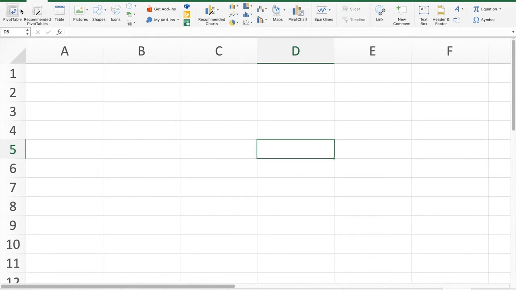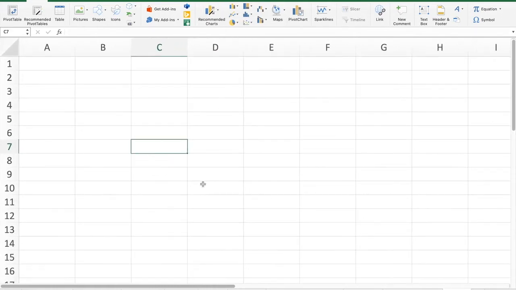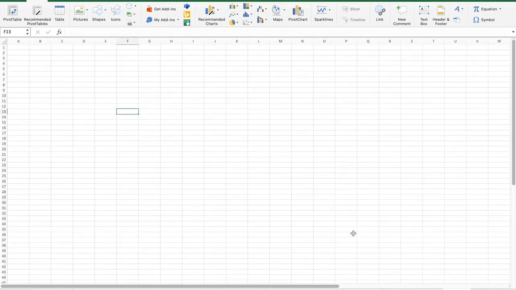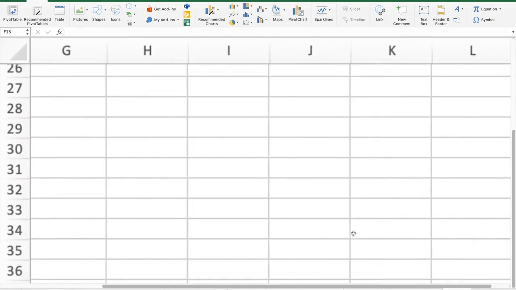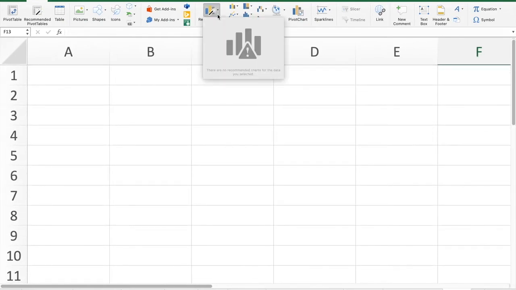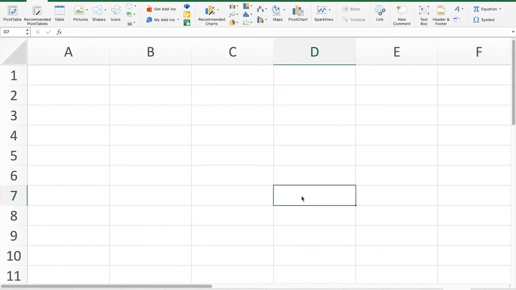on our ribbon, my friends, we have here the Insert tab, which has been discussed before. In the Insert tab, they have here the recommended charts. By default, right now, there are no recommended charts for the data you selected. Why? Because I have added here a new worksheet named Sheet 5. Since our worksheet is very clean, there is no other data stored in it. There are no recommended charts for now, because this is based on AI, where the data is predicted by Excel: what the data is, what type of data, how the data is arranged, and then it will